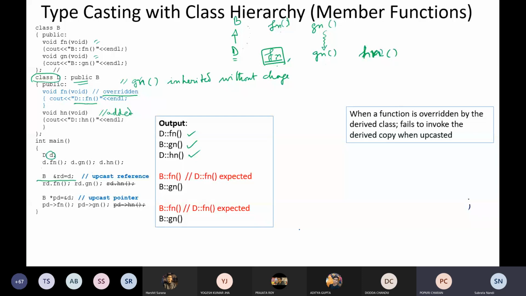rd.hn is not allowed. Why is it not allowed? If I write rd.hn, why is it not allowed? Sir, because the reference type is of the base class. Yes. So if you are talking about the director's PA, the director's PA says that